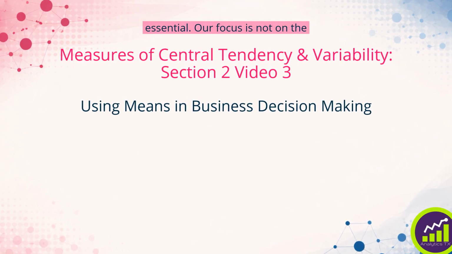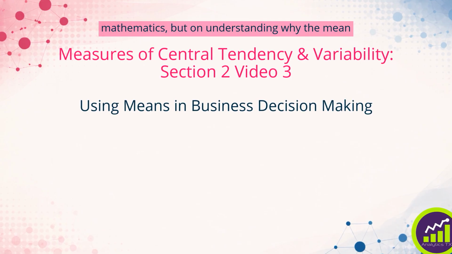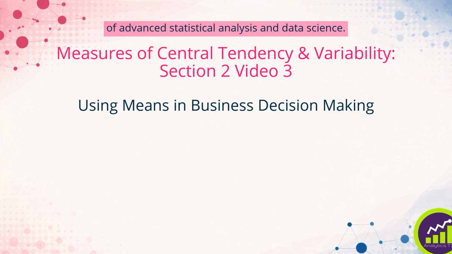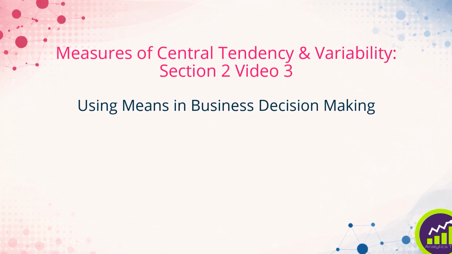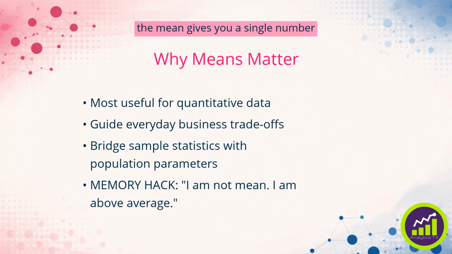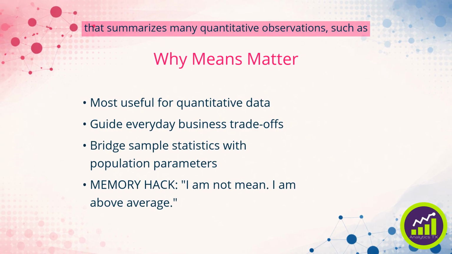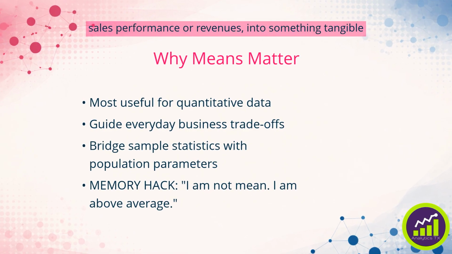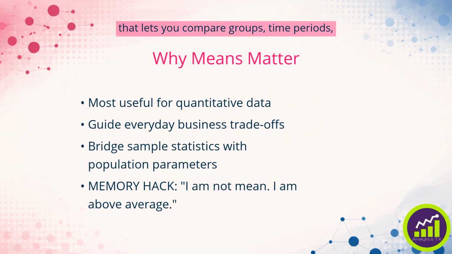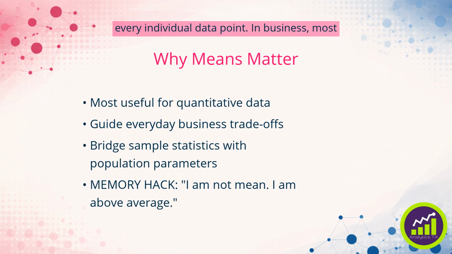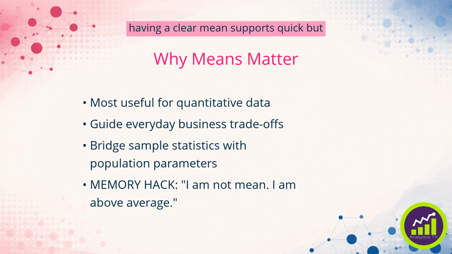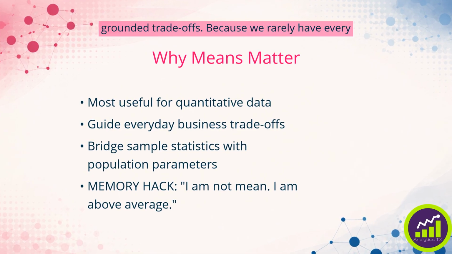Our focus is not on the mathematics, but on understanding why the mean is considered to be one of the most powerful averages, and forms the basis of advanced statistical analysis and data science. Much like the mode and the median, the mean gives you a single number that summarizes many quantitative observations, such as sales performance or revenues, into something tangible and actionable. It provides an easy benchmark that lets you compare groups, time periods, or different strategies without getting lost in every individual data point. In business, most choices are made under time pressure, so having a clear mean supports quick but